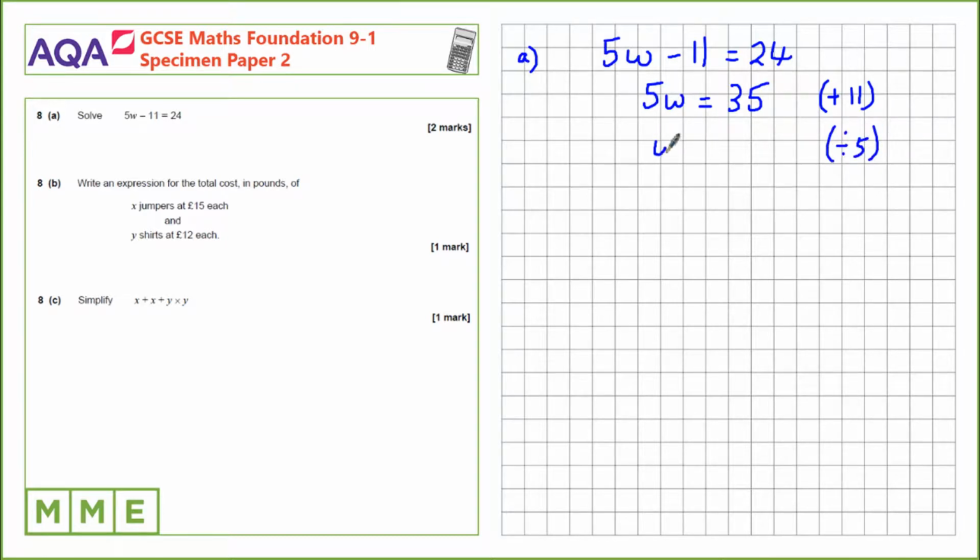5W divided by 5 is simply W, and 35 divided by 5 is 7. That's our answer for 8A. 8B. Write an expression for the total cost in pounds of X jumpers at £15 each and Y shirts at